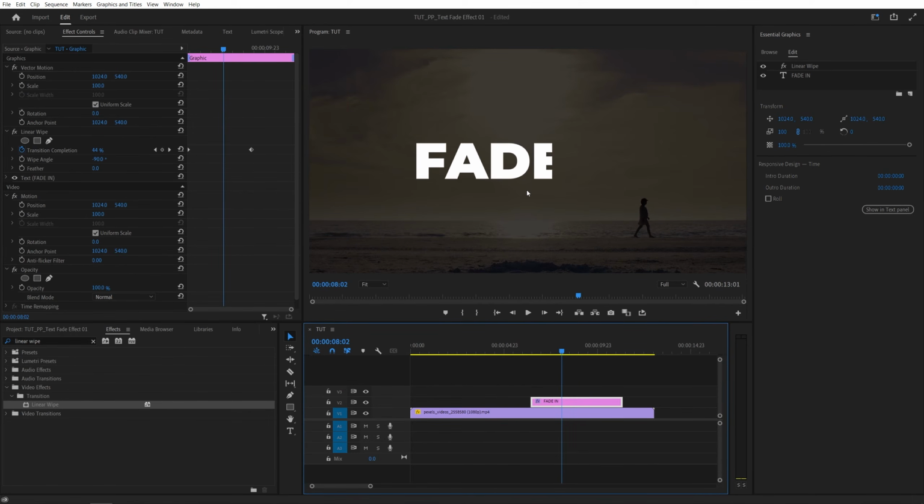So in order to make this into a smooth fade, we're going to increase the feather, and that value could be somewhere from 500 to 1000. I'm actually going to go for 750, so that should be the sweet spot. So if we preview this now, we should have a smooth fade in of the text, and we can control